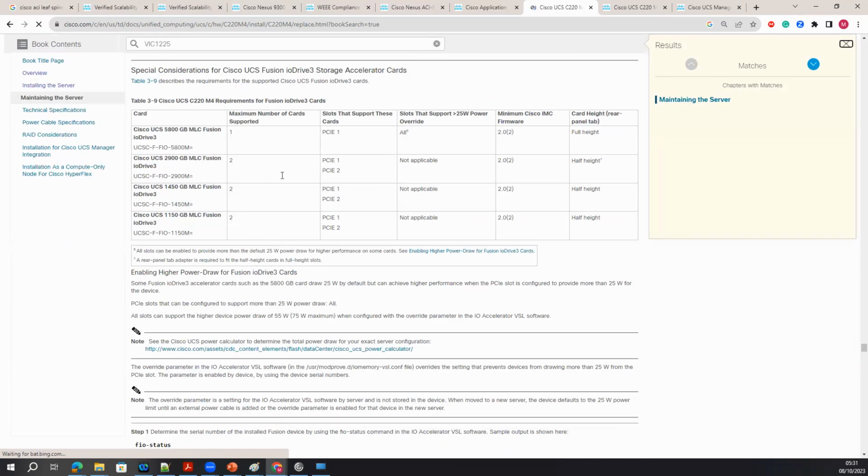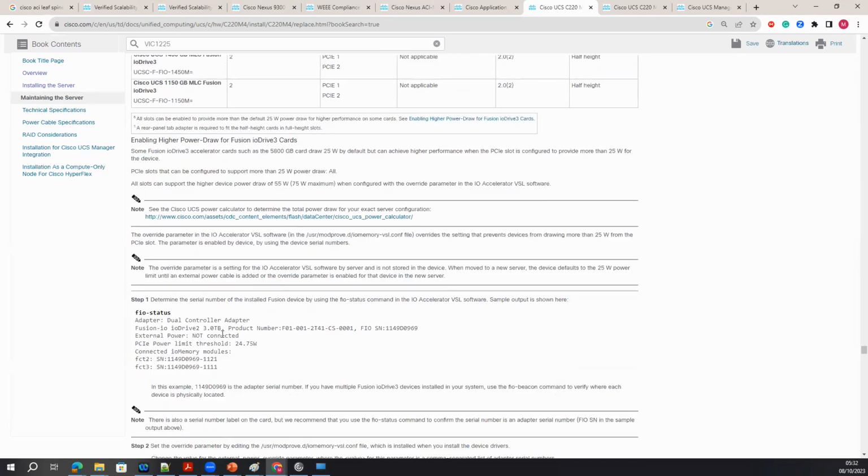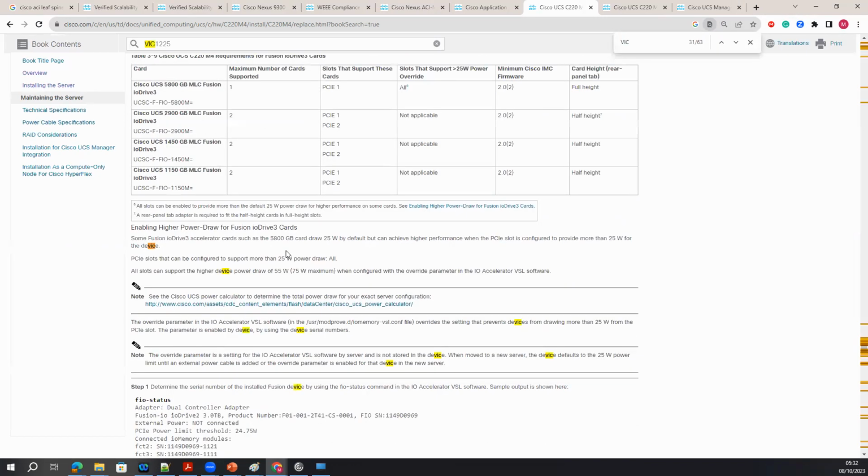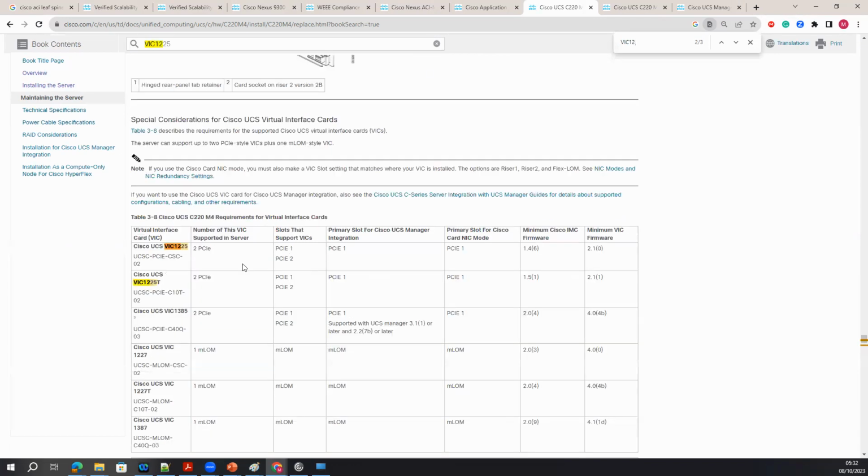Here we go. These are the M4 model numbers with the IO drive card. This is the minimum CIMC requirement, and where is the VIC here? Okay, these are the cards.